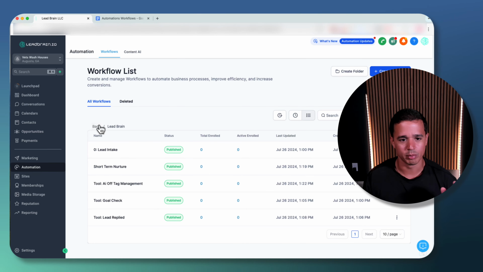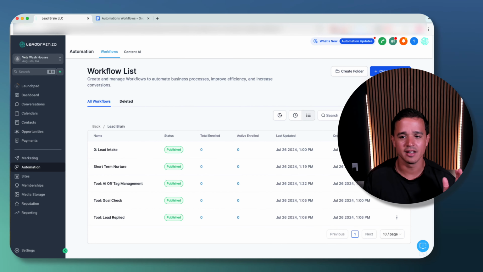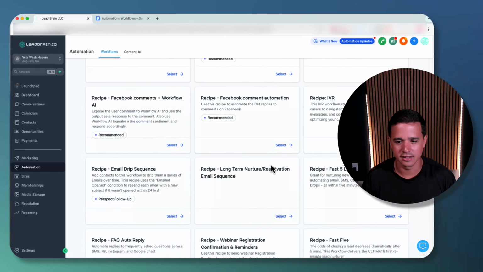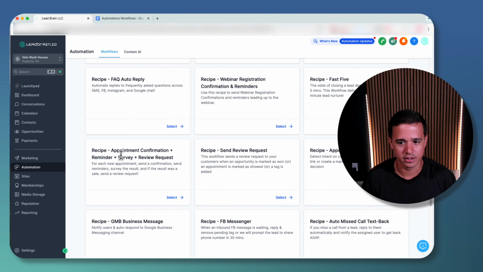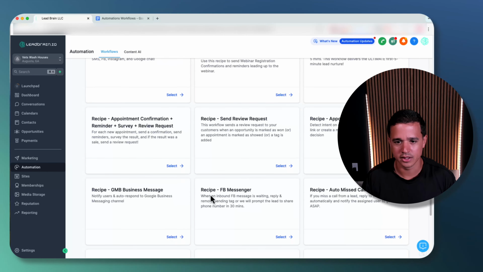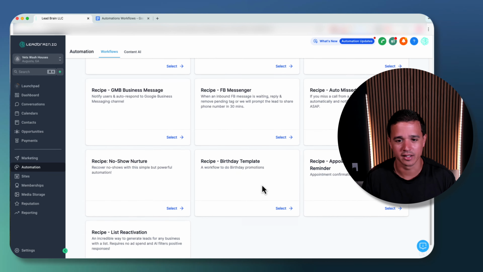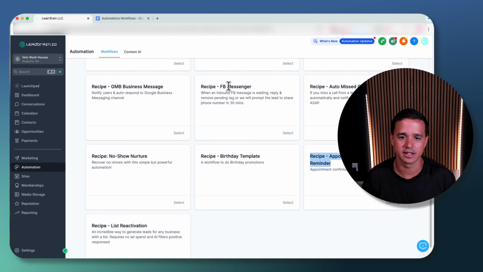So let's go back into LeadBrain, which we were already there, and we're going to create a workflow, and this time we're actually going to select from a recipe. So GoHighLevel has recipes, which are kind of like starting points for common workflows that people use, and there is one in here that is, let's see, appointment reminder. No, we don't want the survey. We want, oh, we have 3. I lied to you. We're going to have to do missed call text back, but let's, appointment recipe, appointment confirmation and reminder. We're going to select that recipe,